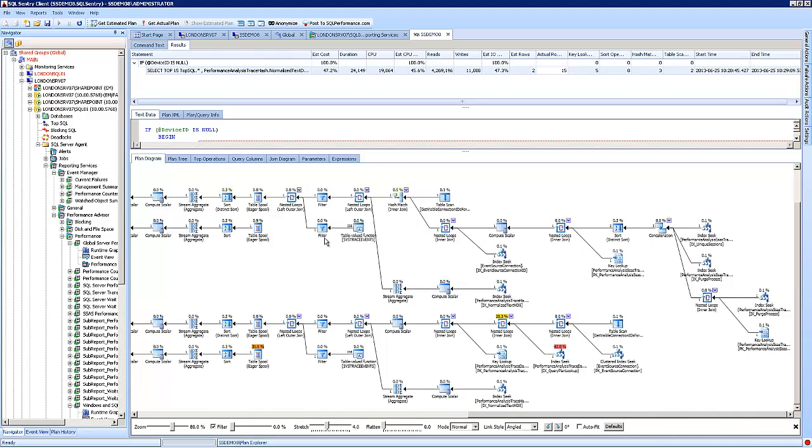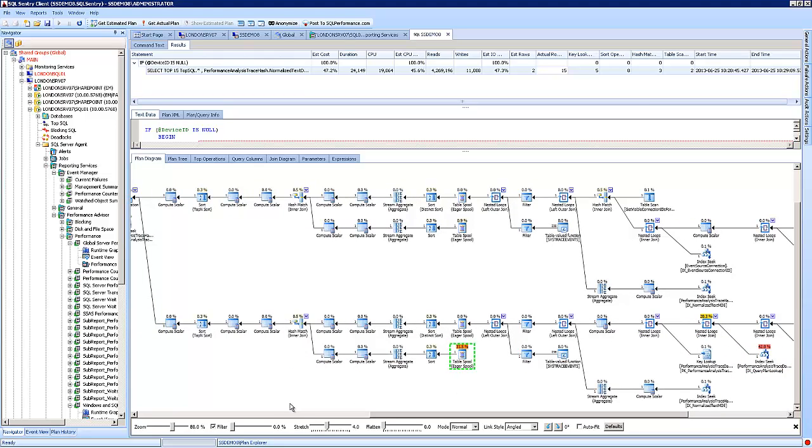And we can also see that this report actually wasn't one that was using parallelism. We don't have any parallel operators here. And most of our work was concentrated in this index seek, the join, and a spool operation. So we can see exactly what was happening, and I could go a lot deeper into this execution plan, but